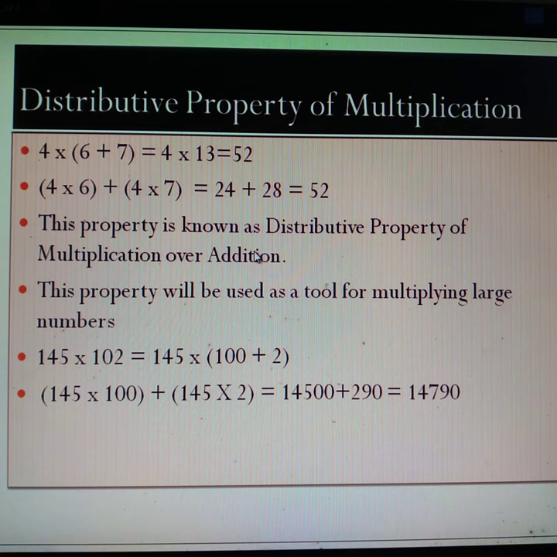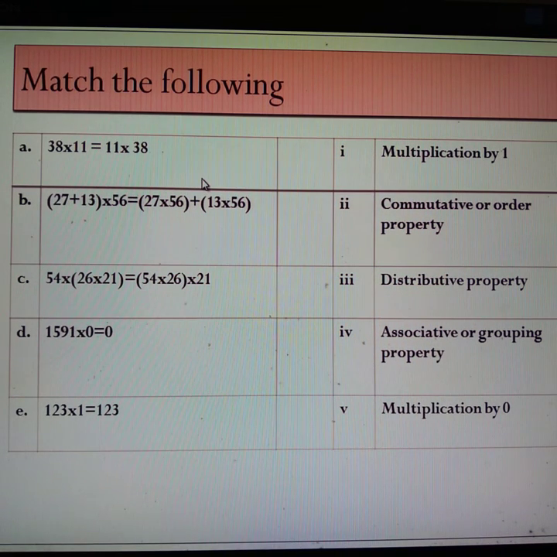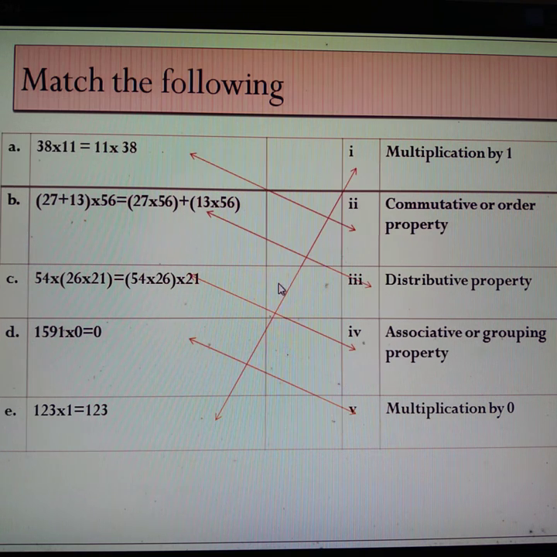Now we have to recap how to see by examples these properties. We have one exercise, match the following. If you understand the explanations, then you can solve it easily. So the answers you have to check here. At first we have to find out the answers and then you have to check the answers. In this way you can be masters in the properties of multiplication.